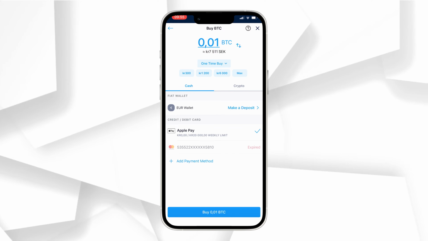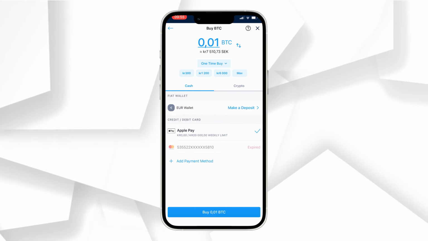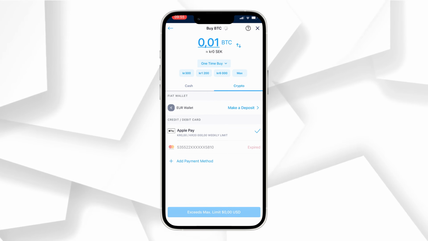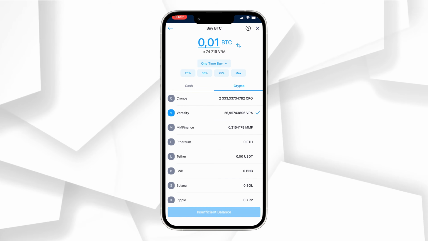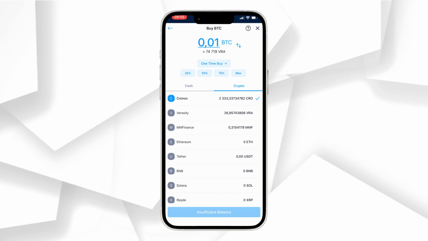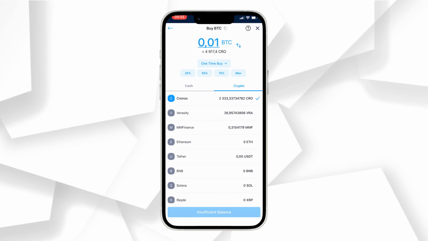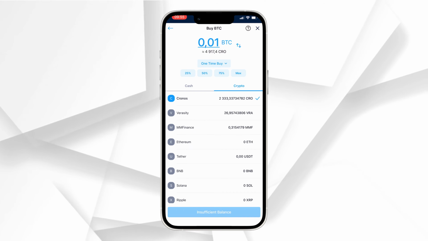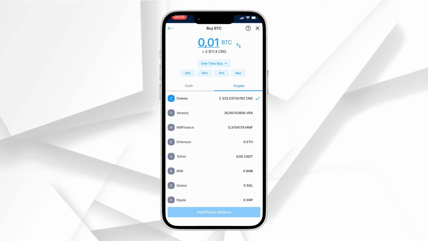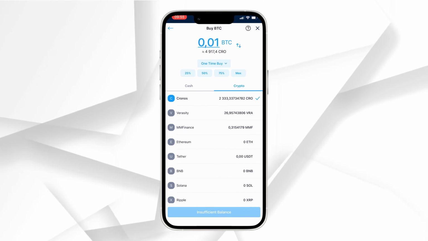We can also pay using our crypto, so we can basically exchange from one currency to another. So if I click on crypto right here, it will open up my crypto wallet instead, and we can make this purchase with our Kronos token, for example. So if I select Kronos right here, you see that I don't have enough to pay for this, but if I want to, let's say, buy with all my tokens all into Bitcoin instead,